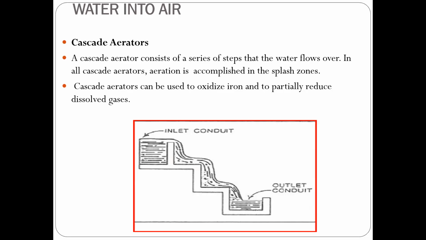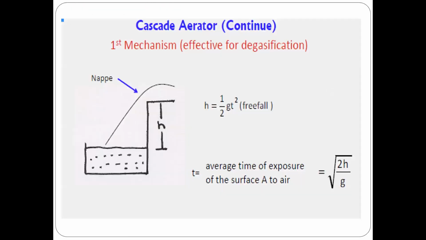Removal of hydrogen sulfide, bad taste, bad odor is removed, as well as some bacteria which may be present in the water. To some extent, they get removed or are killed by the agitation of water during this process. We have to remember, cascade aerators can oxidize iron, as I've told you, and dissolved oxygen gets mixed, and DO content is increased. Okay, so this is the cascade aerator